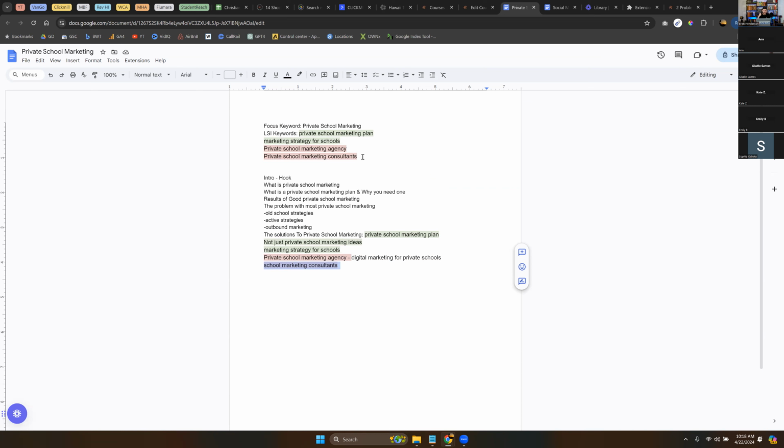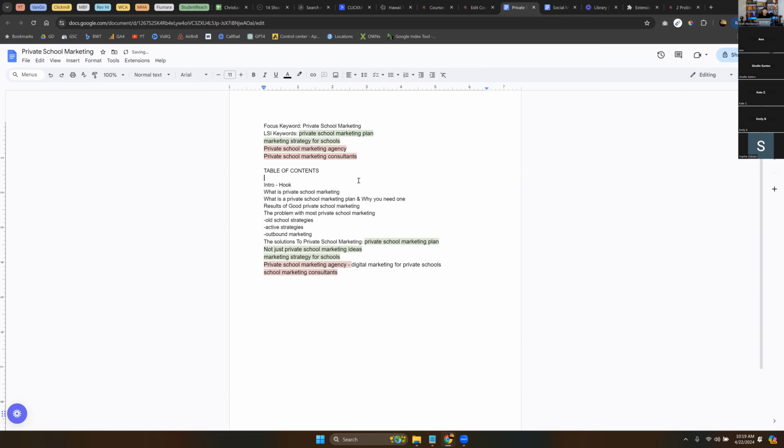Okay. Now, we have keywords worked through this. We can see the focus keyword here is private school marketing. What is private school marketing? What is private school marketing plan? Okay, that's an LSI keyword, private school marketing plan. So this is the table of contents. I haven't said that yet. And the table of contents is going to break down into the sections. So we're going to write this, we're going to copy it, and then we're going to write it. Okay. Now, how do I know if this is right? What a person new to SEO is going to do